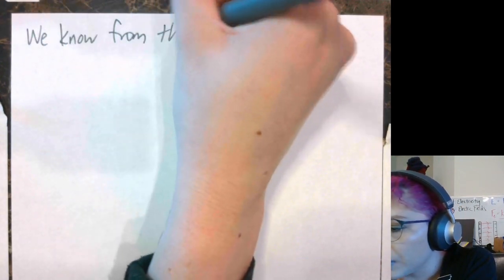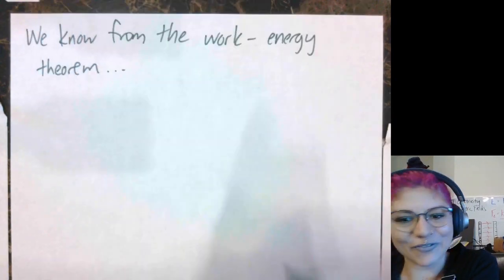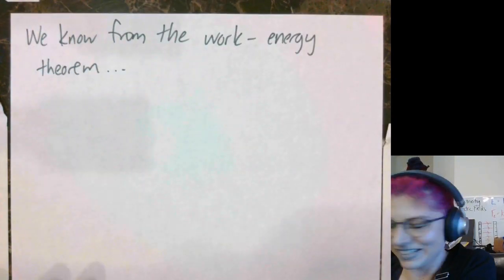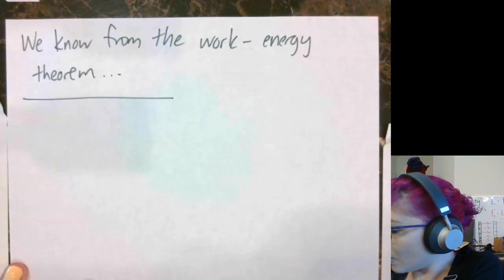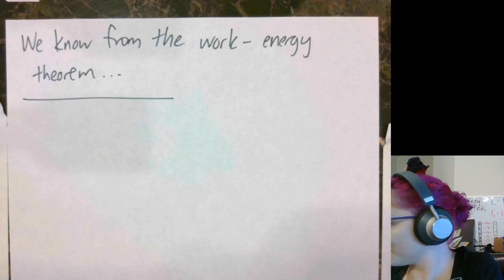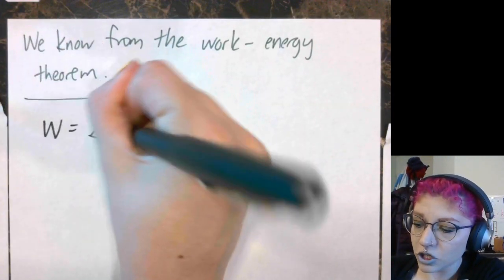So we know from the work energy theorem, haha, stuff from class way back when is coming back. We know from the work energy theorem that we can define work as the change